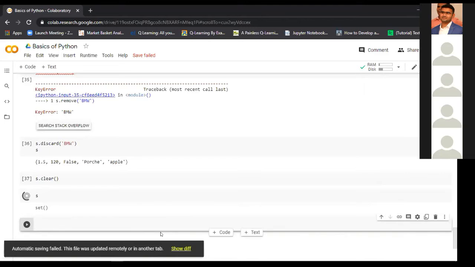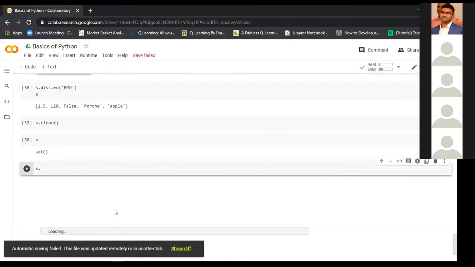There are many methods available with the set. You can use the shift tab if you are using the Jupyter notebook. But here I am using the Google Colab, which is a service freely available for use. If you are using the Google Colab, it is the same as the Jupyter notebook, all the features are the same.